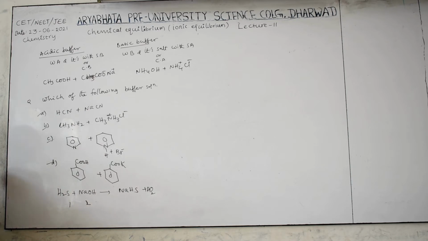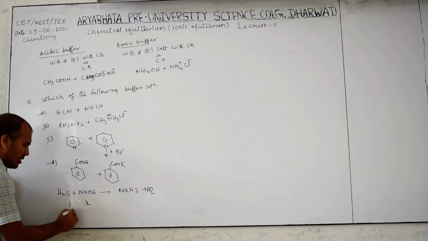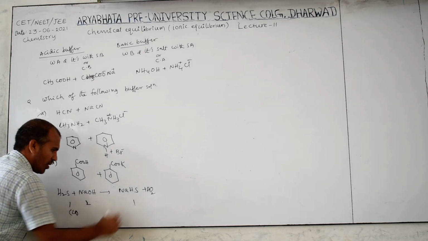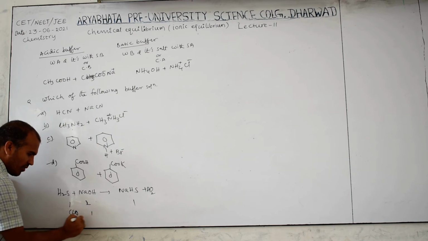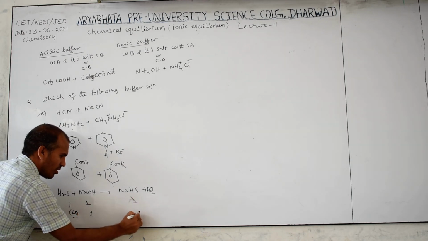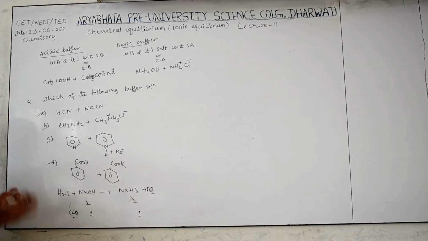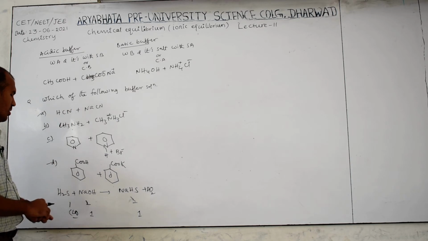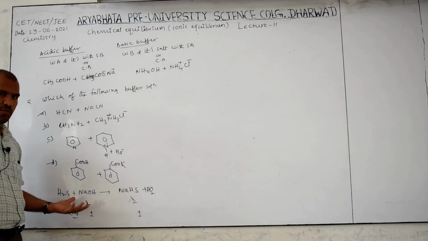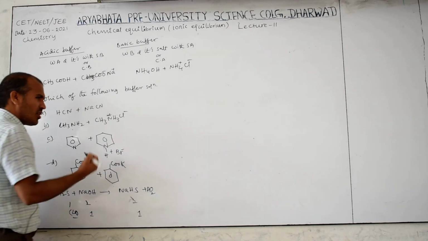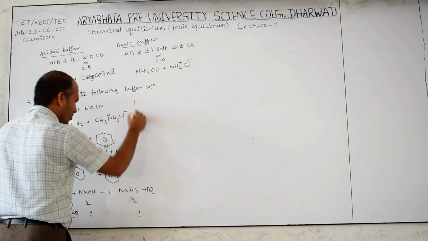Then which one is the limiting reagent? This is the limiting reagent, LR. Therefore, here 1 mole forms, and here 1 mole is left. Then a buffer solution appears here. You may think that it may not be there, but it is a buffer solution. How? These questions are NEET level, JEE Mains level, very, very important.